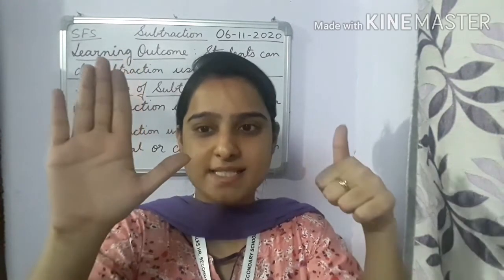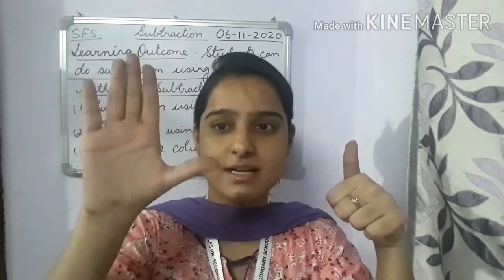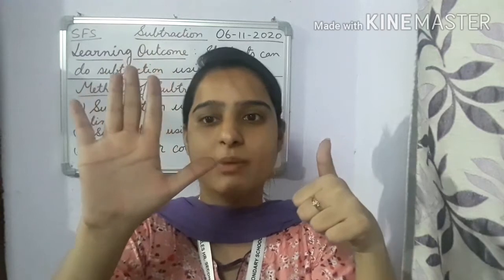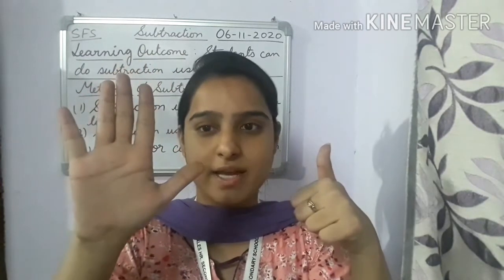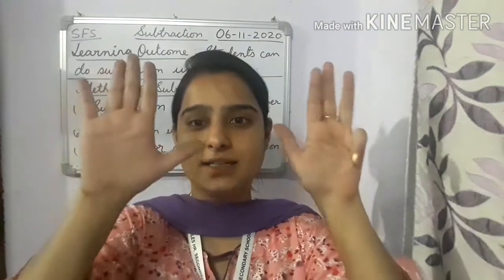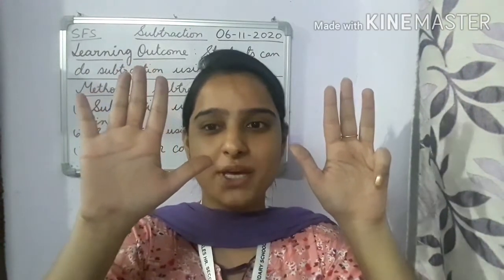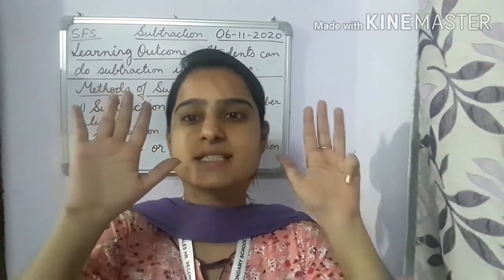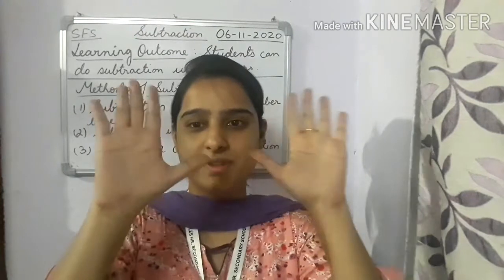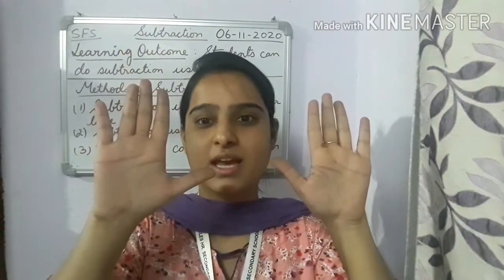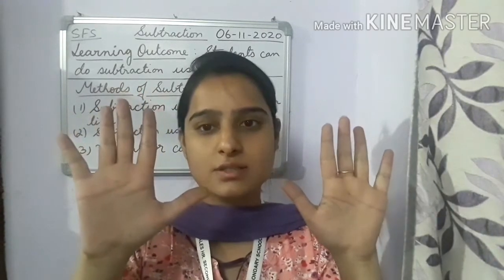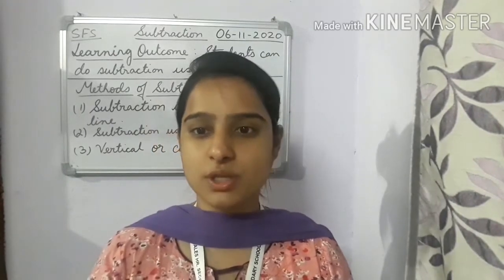Yes. Number 6. Correct. These are 5 fingers in one hand. And one I have opened of other hand. So if we count all together, how many fingers we are getting? 6 fingers. Good. Then now, write the answer in your copy. What can be the number? Yes, the number is 9. Very good. Now, yes, the number is 10 because I opened all my fingers of both the hands. Isn't it?